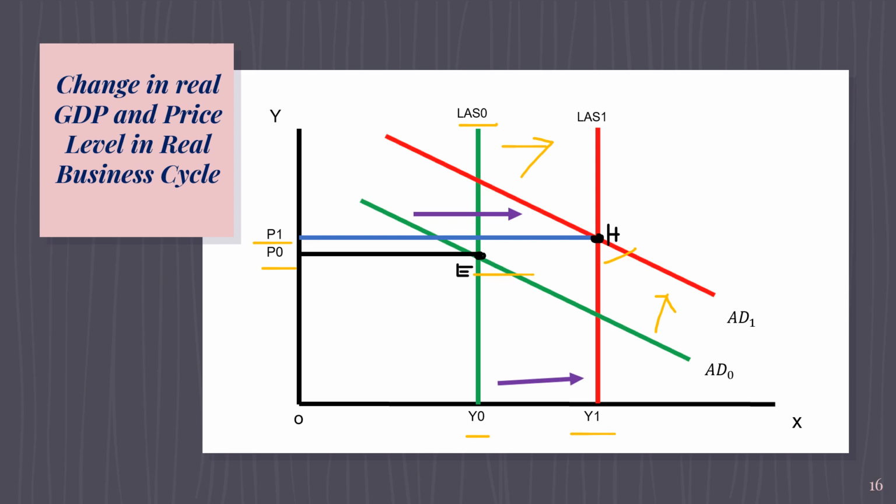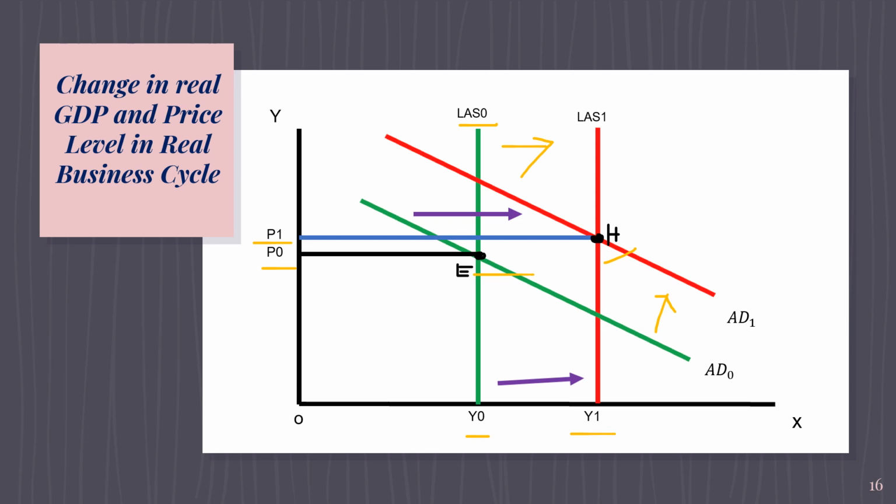So, in brief, what does real business cycle theory explain? It explains that changes in technology and the availability of resources have a big impact on how well the economy performs. These changes affect how much we can produce and influence the overall supply of goods and services. When there is a shift in technology or resources, it causes the economy to go through cycles of ups and downs, and these cycles are called business cycles. The real business cycle theory focuses on these changes in the supply side of the economy as they play a major role in shaping its performance.